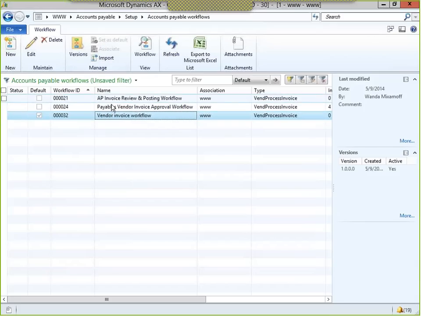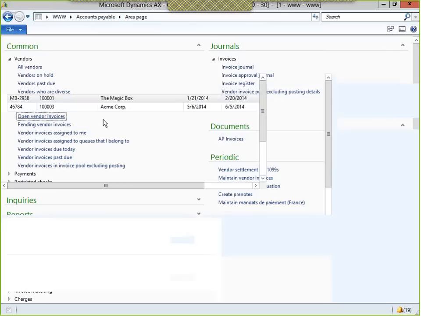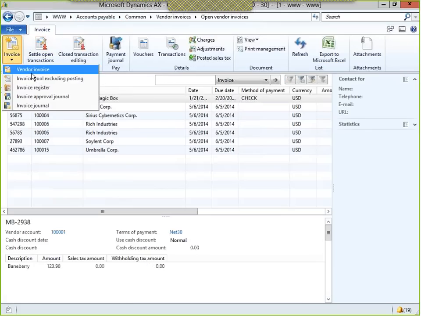I'll show how you can use these in different conditions. For example, if you had a vendor invoice for a certain vendor, then maybe you wanted to go through a different workflow process within the system. But I just want to tell the system that every time I create this vendor invoice, I want it to be processed this way. So now if I go to my vendor invoices and create a new vendor invoice,